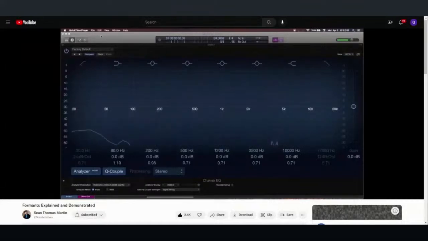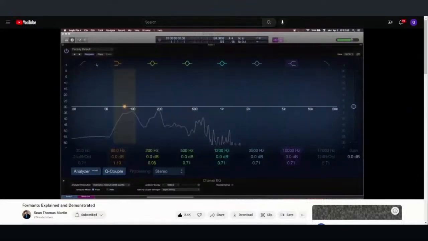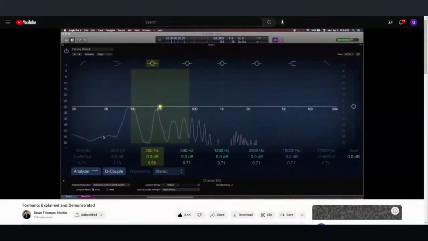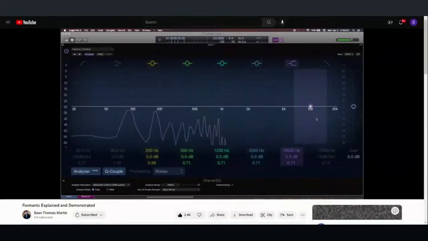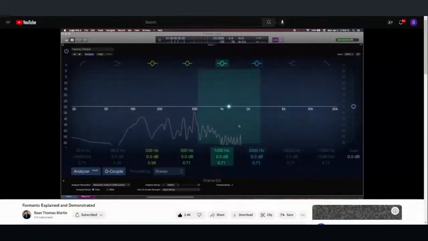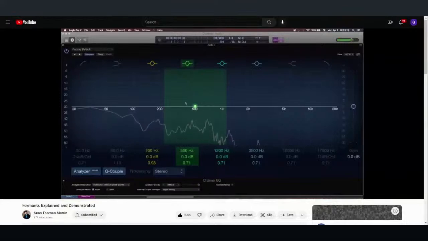of your particular voice. So before I really start talking about formants, let's just go over what you're seeing here in front of you. This is a graph of the sound spectrum, all the sound that you're hearing in this video, all the sound that's going through my computer is being displayed on this graph. Low frequencies over here and high frequencies over here. The louder a particular frequency is being played, the higher up the spike at that point will be. So you might be thinking, humans can only produce one pitch at a time when they speak or sing, right? So why am I seeing frequencies all over this graph?